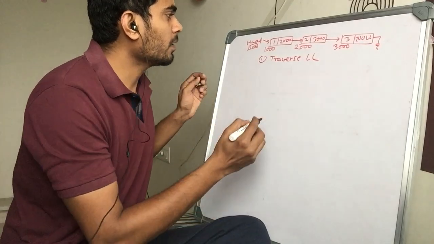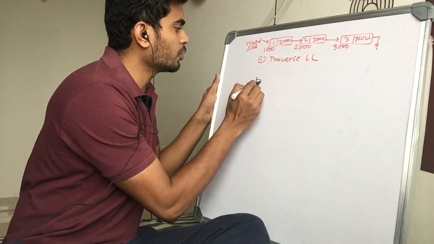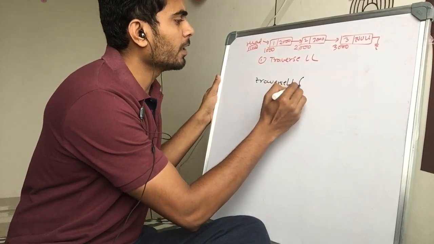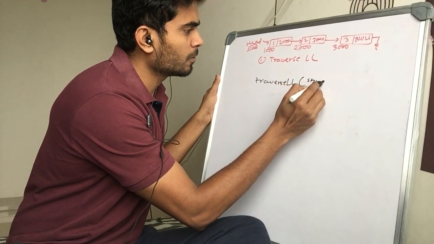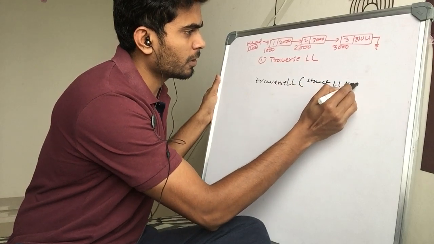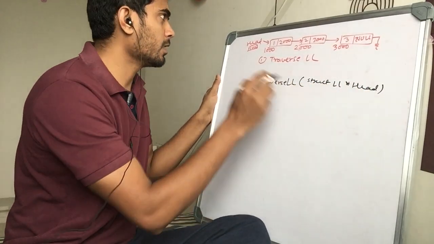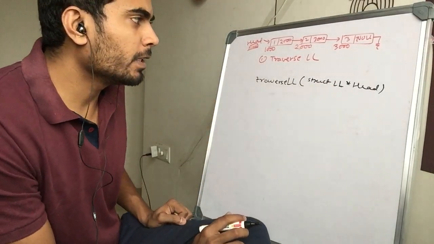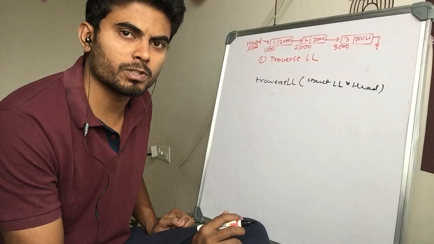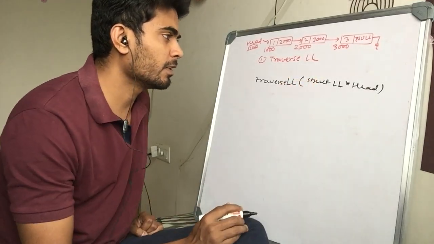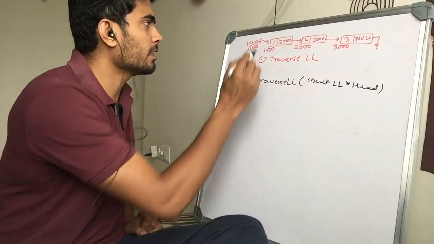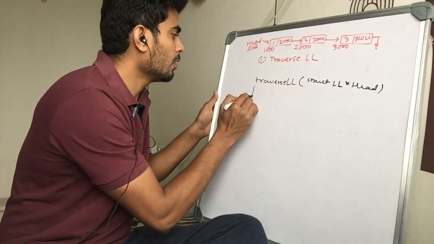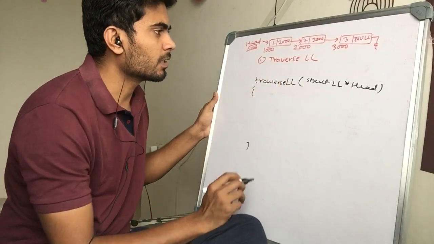So for that there should be a function which should be called from your main function. That should take this struct ll star type pointer, that is our head, which is this node. We defined how a node in this linked list should be defined in very previous lectures, which contains int data and a pointer of the same kind. Now we want to do something with this linked list.